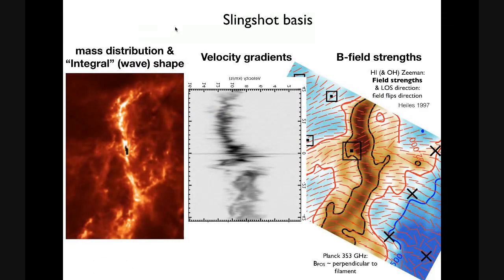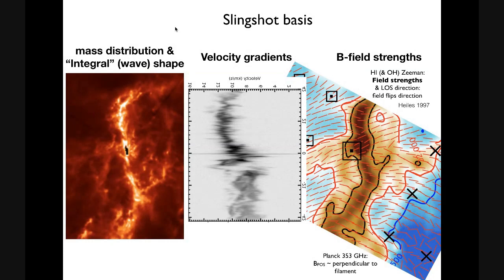So what was our basis for this? Well, the wave shape of the ISF, its mass distribution, the severe velocity gradients that we can see here, and the strengths of the magnetic fields, measured from Zeeman in this case, so actual magnetic field strengths,